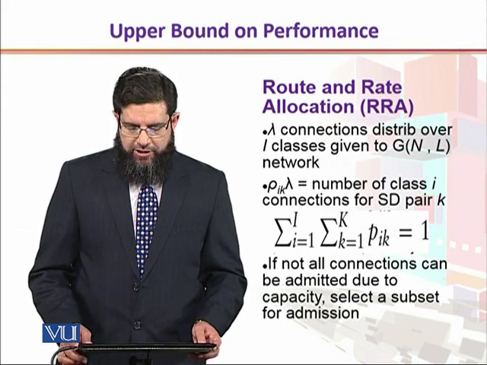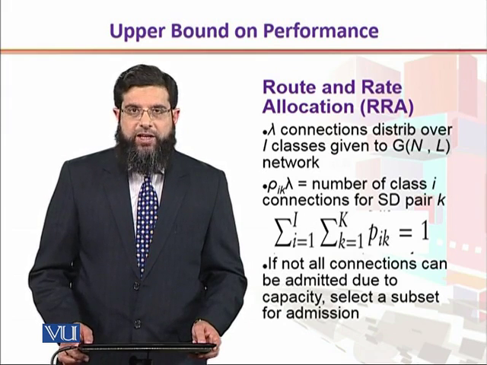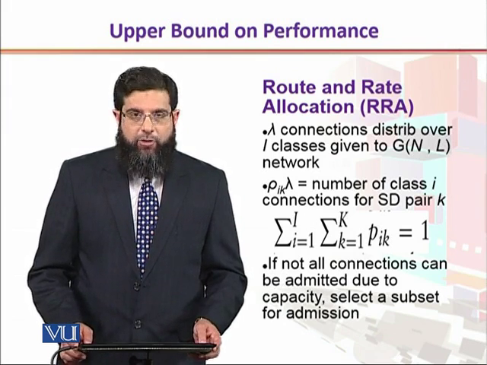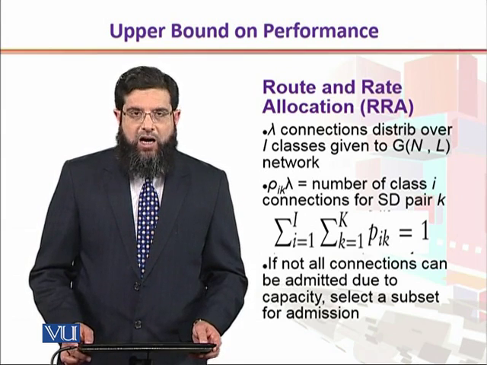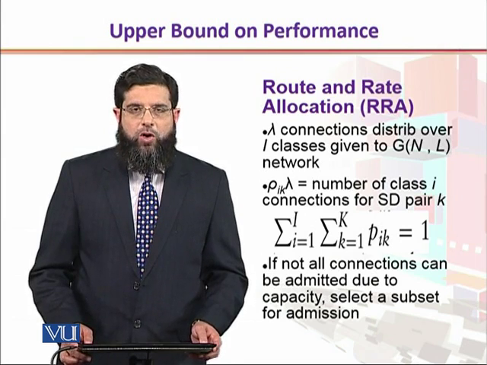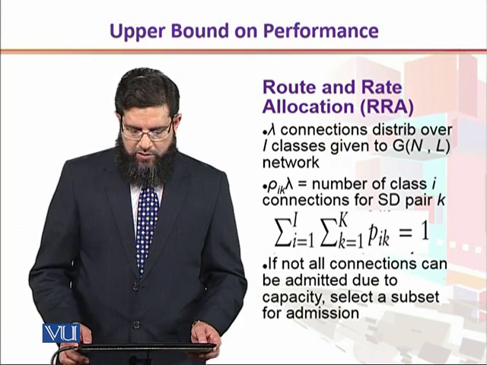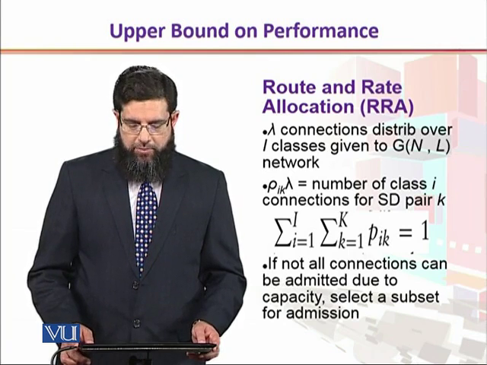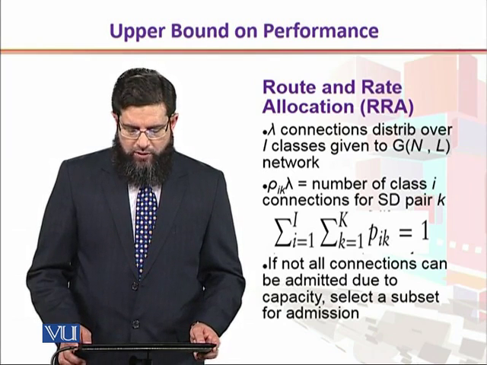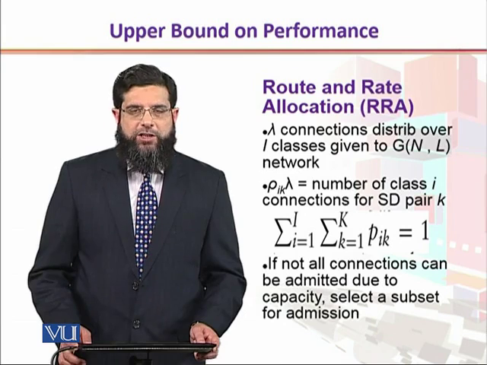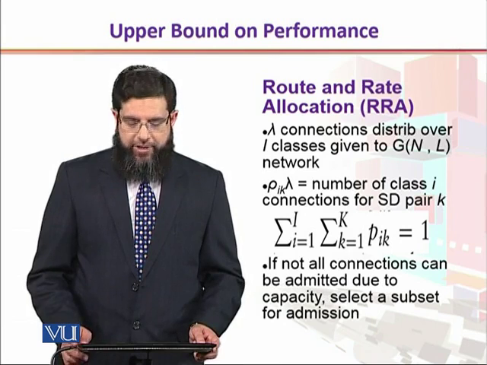So if lambda connections are distributed over I classes for the given network, then rho sub I k times lambda would be the number of class I connections for various source destination pairs k. It can all be summarized by this double summation, that is, for all the classes starting from I equal to 1 to capital I, and for all the source destination pairs,